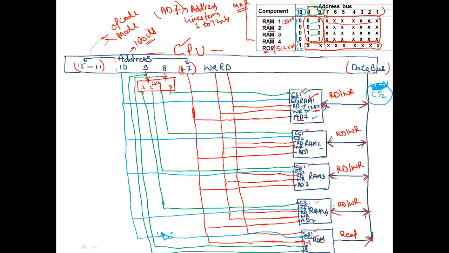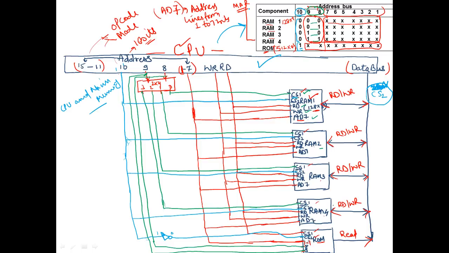But for that, what you need to do is implement the inverter here, and you have to directly attach it to the ROM chip without using the inverter. All right, so this was all about how the interaction between the CPU and the main memory will take place whenever we are using the memory address mapping. So in order to design this diagram, you need to refer to this memory address map.